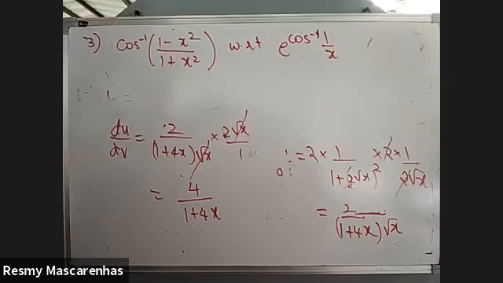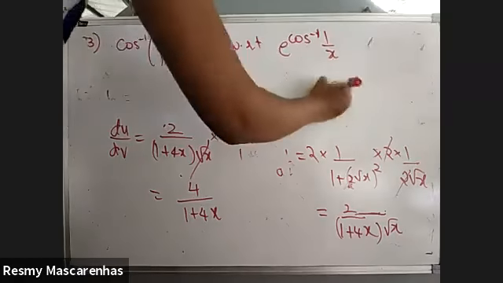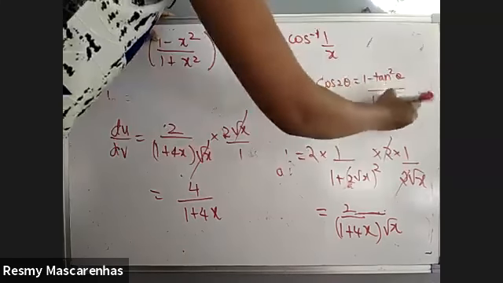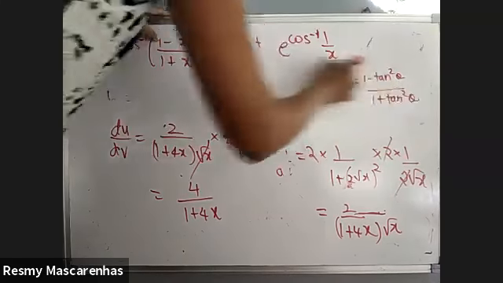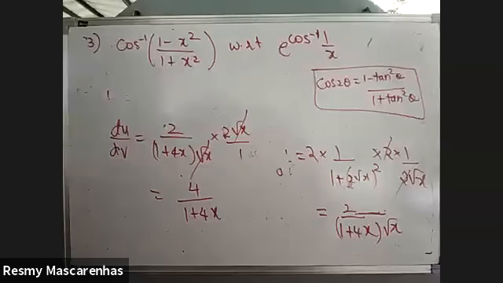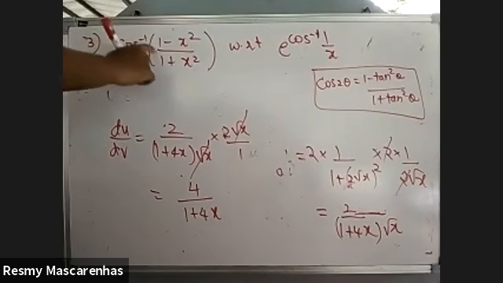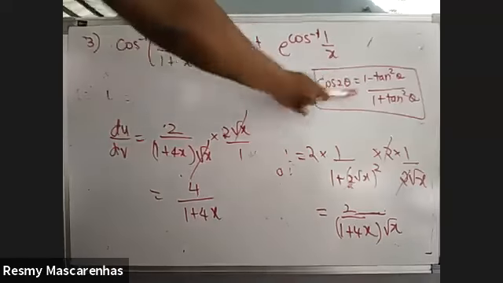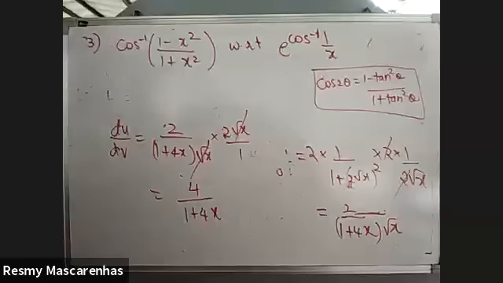Here this also formula you can use. You know that cos 2 theta is nothing but 1 minus tan square theta upon 1 plus tan square theta. So use this formula. How you get a hint is, finally this is cos inverse. Somehow you want cos to get cancelled with cos inverse. So you have to check which formula is there in terms of cos. So this is the formula which is there.